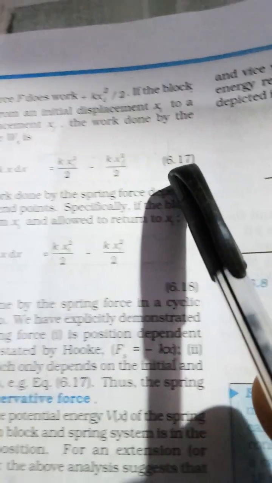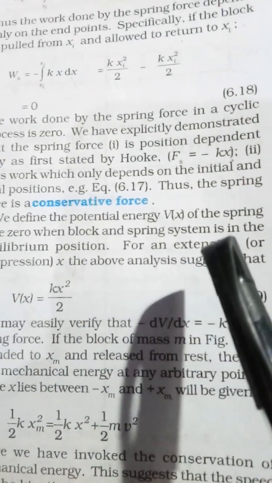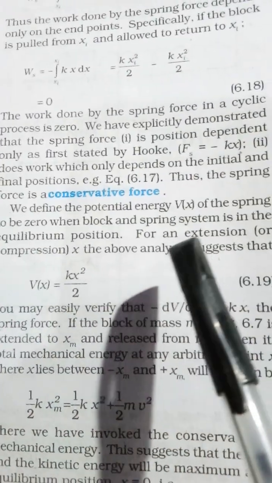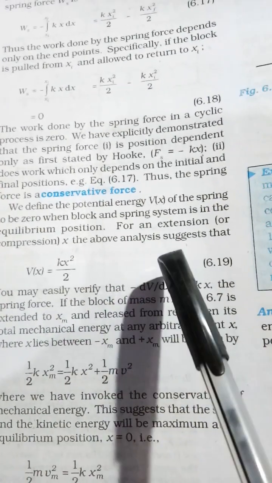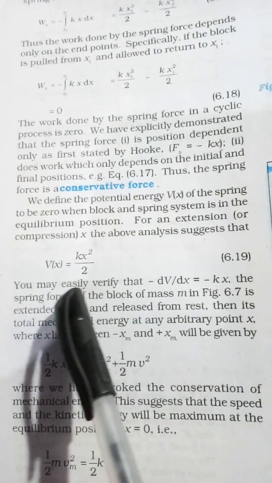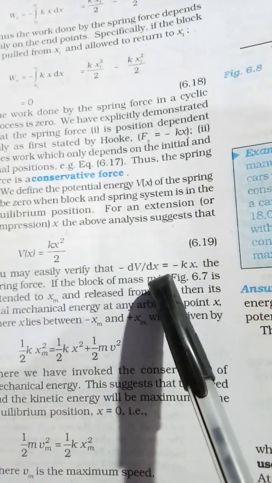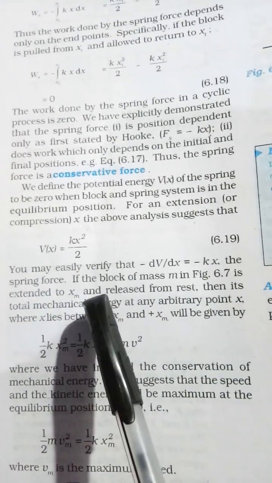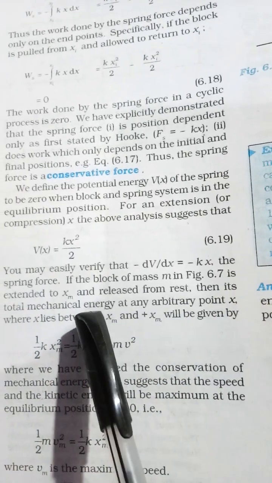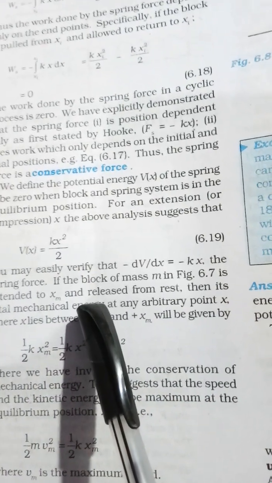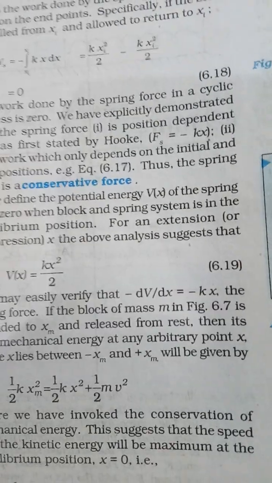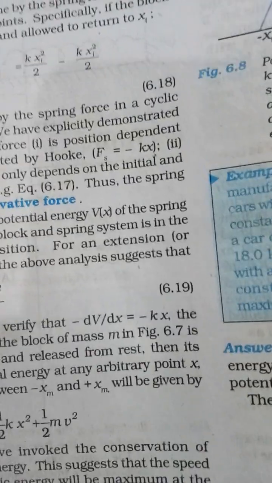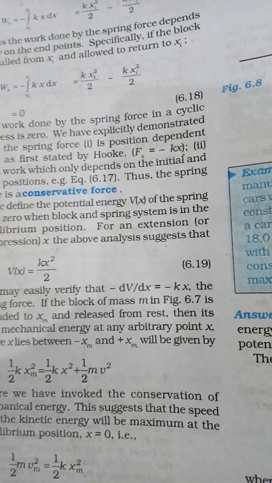Using this, we define the potential energy. We take the potential energy of the spring to be 0 when the block-spring system is in equilibrium, and likewise for negative extension, that is compression. The above analysis suggests you may easily verify that minus dV by dx equals minus kx, the spring force. If the block of mass m in figure 6.7 is extended to xm and released from rest, then its total mechanical energy at any arbitrary point x is